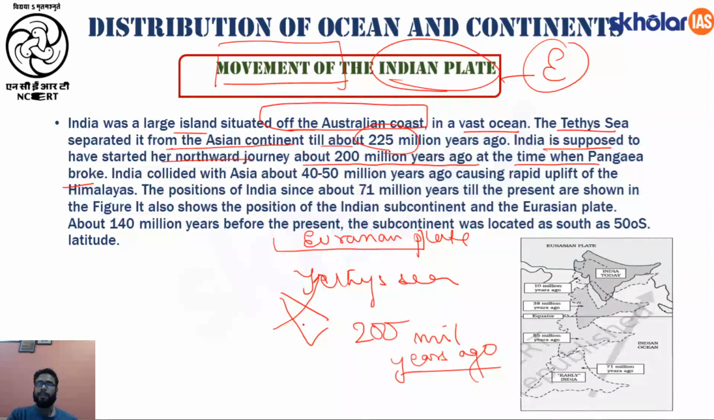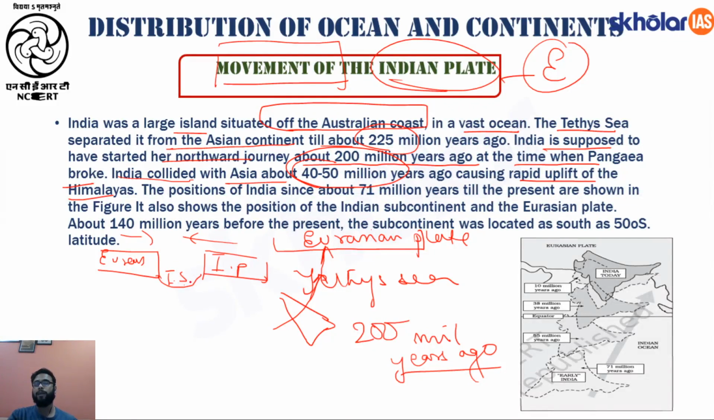Then what happened, as the Indian plate started to move towards the Eurasian plate around 40 to 50 million years ago, India collided with Asia about 40 to 50 million years ago, causing rapid upliftment of the Himalayas. So as the Indian plate moved over the Tethys Sea, it collided with the Eurasian plate. So here in the north we had the Eurasian plate, in between we had the Tethys Sea, and here we had the Indian plate. So this Indian plate now moved towards the Eurasian plate, and because of this, what happened,